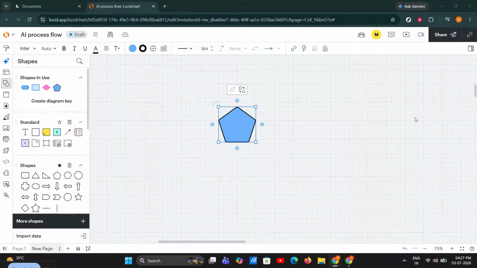If you want to mirror an object in Lucidchart, this quick tutorial will show you exactly how to do it in just a few clicks. Whether you're building flowcharts, diagrams, org charts, or wireframes, mirroring shapes can help you create cleaner layouts and more balanced